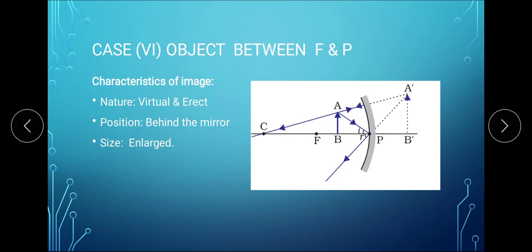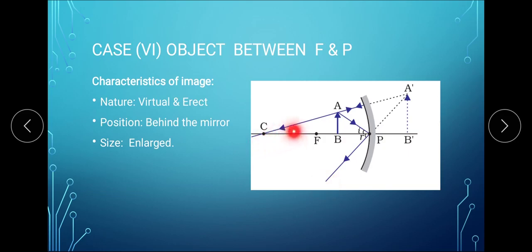Let's see how. First ray I have taken, you can use any 2 rules out of the 4 rules. Right students? So I will use the fourth rule here. The ray which strikes obliquely at the pole of the mirror, after reflection will pass obliquely, and both the incident and reflected ray will make equal angles with the principal axis. So this is your first set of ray. This is your incident ray and this is your reflected ray.